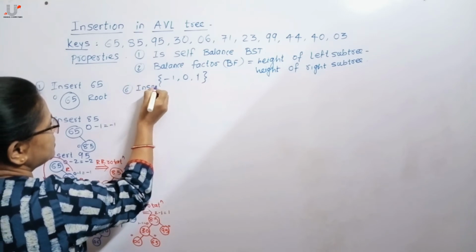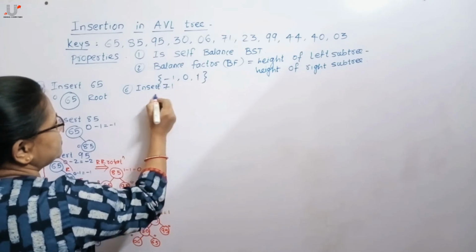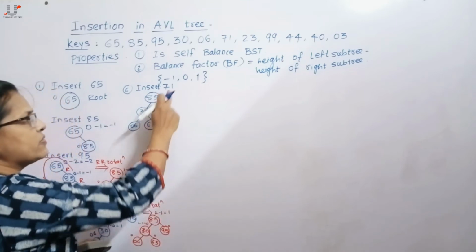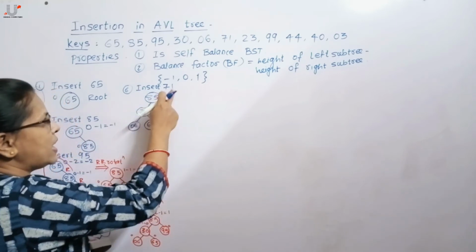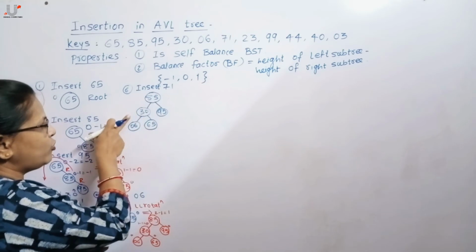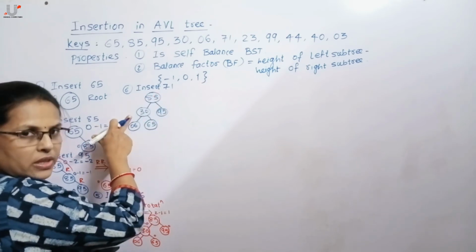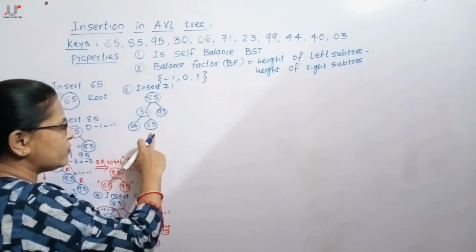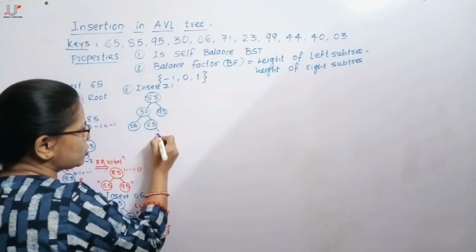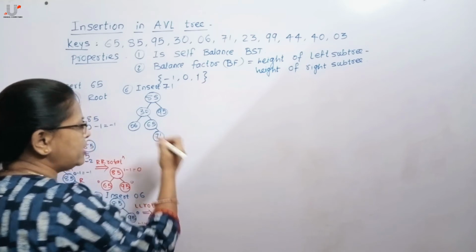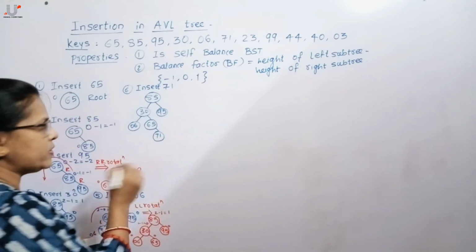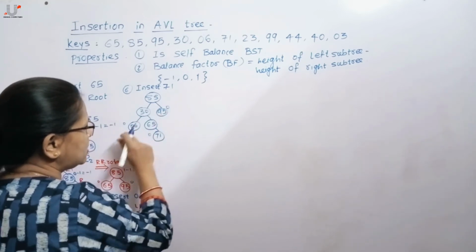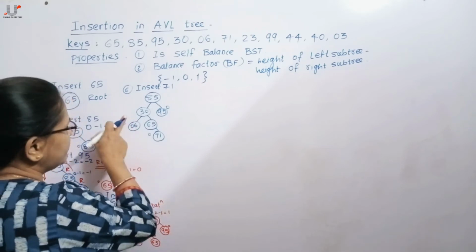Insert 71. Compare 71 with the root element. As it is greater than... as it is smaller than 85, move to the left subtree. Compare 71 with 30, it is greater, so move to the right subtree. Compare 71 with 65, it is greater than 65, so 71 gets added as a right child of 65. After insertion, again check the balance factor, and as the balance factor for all the leaf nodes is 0, then